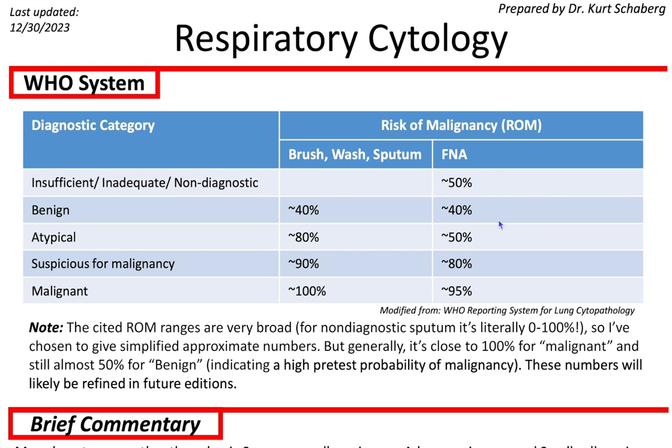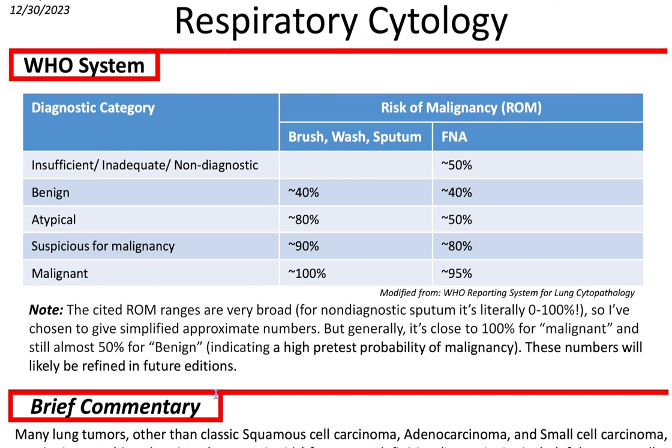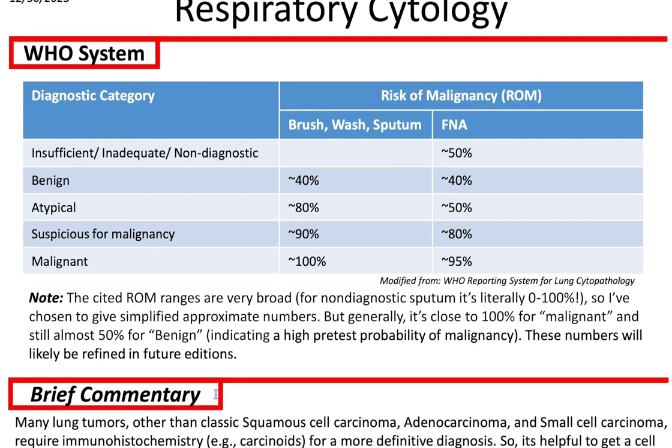Let's begin respiratory cytology, first with the WHO system. There are different diagnostic categories, including insufficient, inadequate, non-diagnostic, benign, atypical, suspicious for malignancy, and malignant. And there is a cited risk of malignancy based on the diagnostic category. A caveat that Dr. Schaberg gives is the cited risks of malignancy are very broad, so he has chosen to